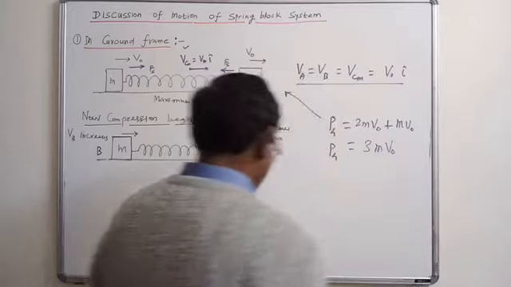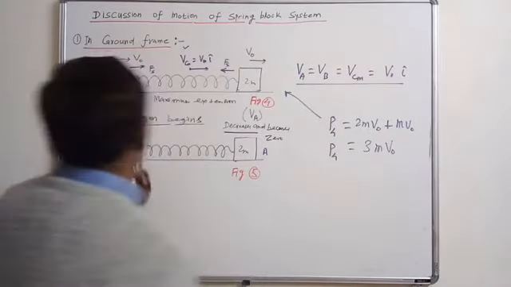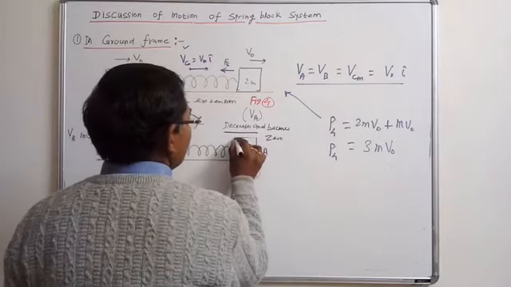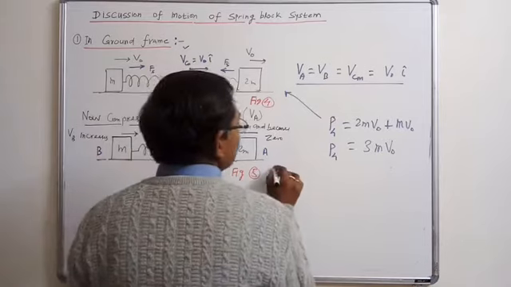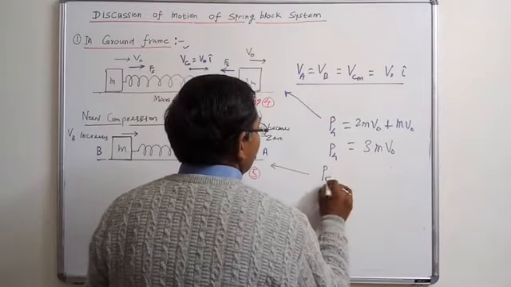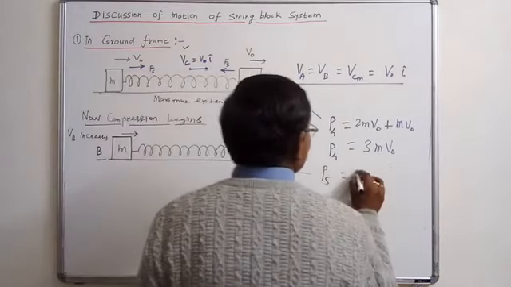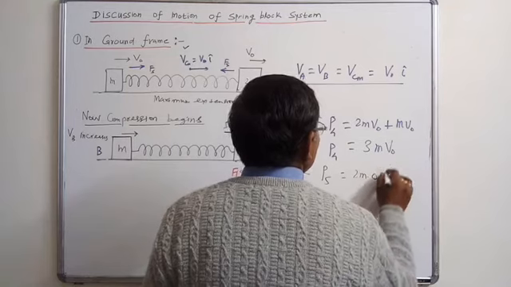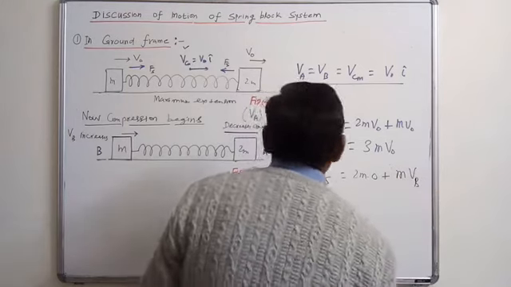It is the same result as that of situation 1. Likewise, for calculating this velocity, when the velocity of this block becomes 0, only this block is moving. So this is figure 5. I am telling it P5. It would be 2m into 0 plus m, say it is mass of B, only B is moving,